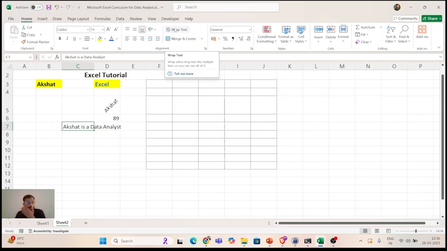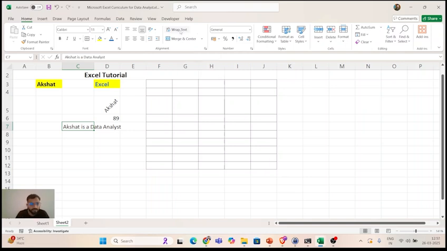See, right? One of the most important benefits, and why Excel is so popular among everybody in different departments in different companies, is that Excel gives you very good insights. For example, I am hovering over wrap text and I am already getting the definition. What does it do? Wrap extra long text into multiple lines. If you hover on merge and center, it will again give you the definition. You hover on anything and you will get a very good definition in very easy lingo, so that anybody can understand. Even when I started using Excel as a beginner, this feature was very much helpful, right?